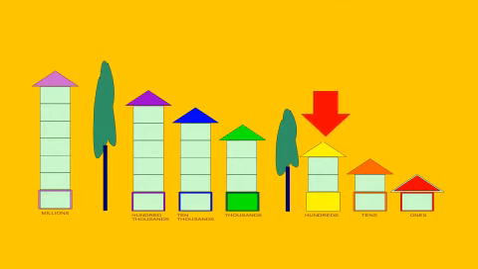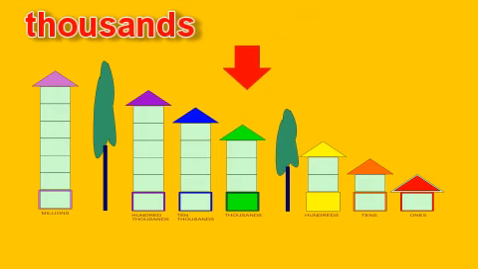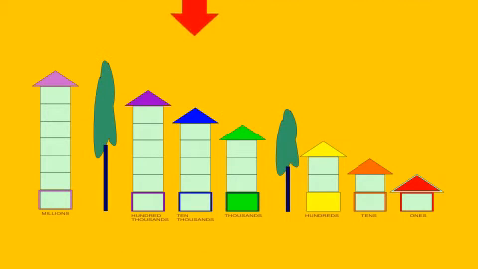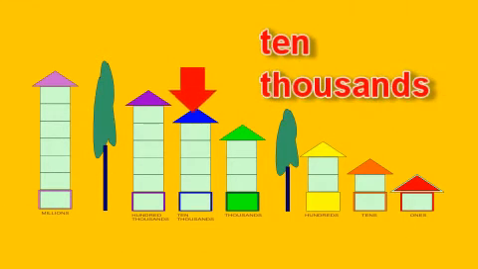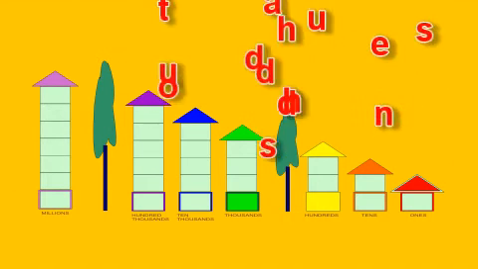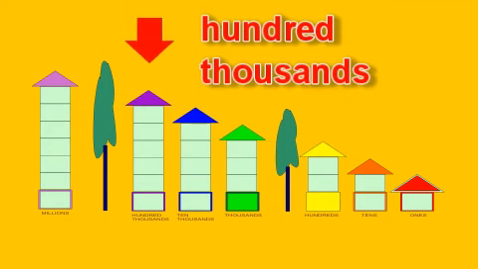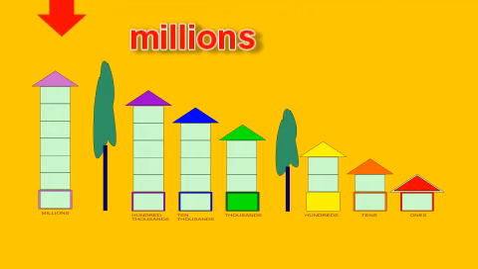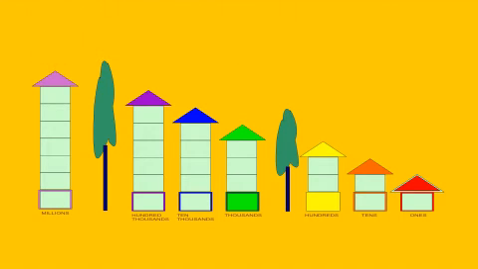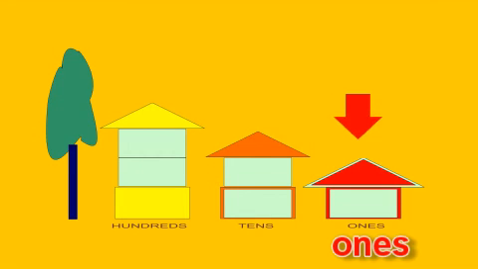Now we go to the next place value called thousands. Next is 10,000s. Next is 100,000s. And millions place value. For our today's discussion, we will be talking about the first 3 place values: ones,